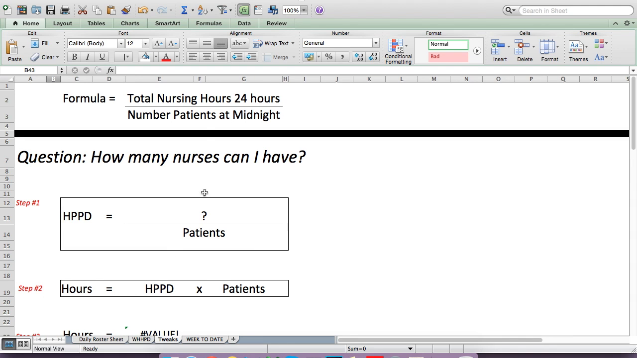So let's take a look at, here's our formula up here, but your question is, how many nurses can I have? So your formula is hours per patient day. Your question is, how many nurses can I have, or how many hours can I have? And you know the number of patients you're going to have at midnight. So say you're running 5F and it's an orthopaedic ward and it's Monday morning. You know, with the exception of a few variables, the arthroscopy that's doing well that's going to go home, or the